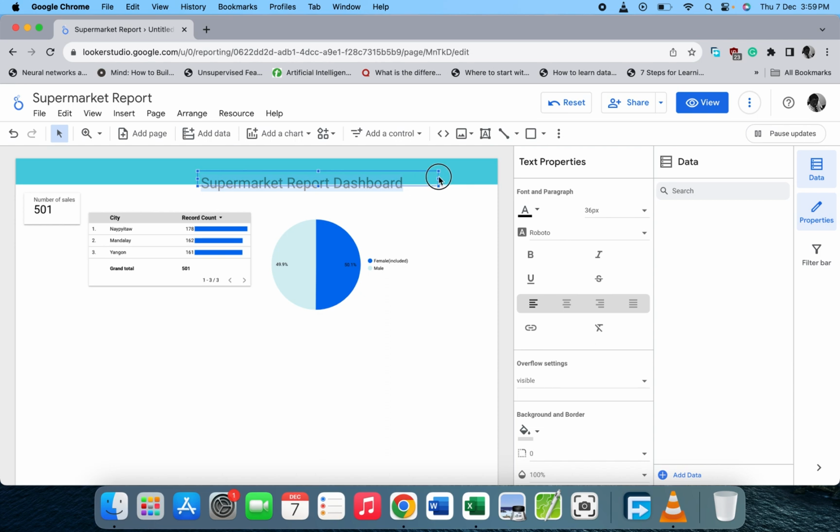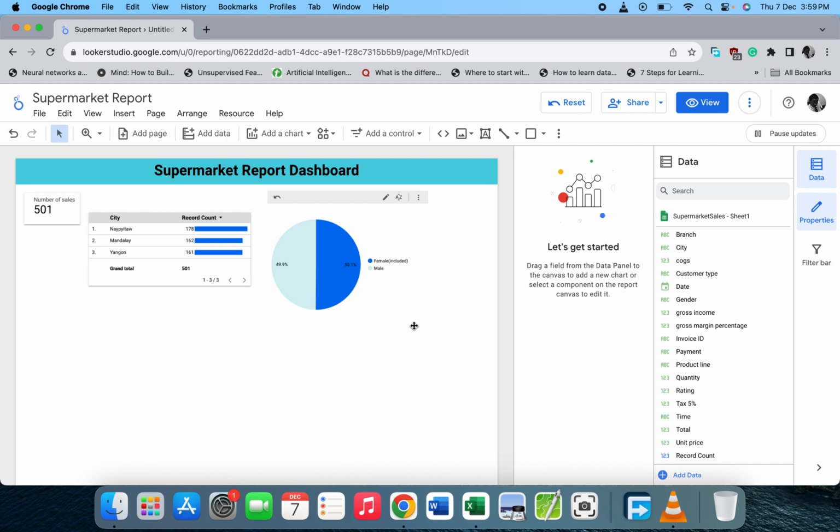No, let me put it in the middle, so I'll just put it at the end, put it here, and I'll just put it in the middle. This one needs to go up a little bit, so I'll just push it up and let me bold it. Okay, so you see we have the text and we have the shape, which you can use to